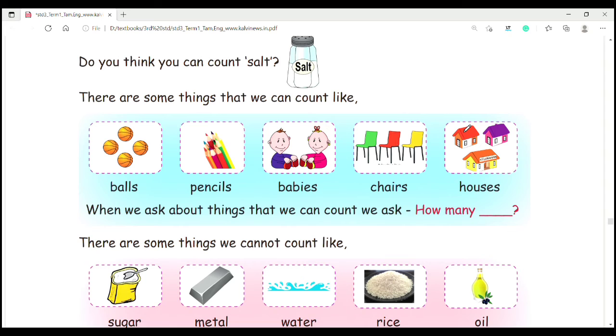First we can count balls, pencils, babies, chairs, houses. So இப்போ உங்ககிட்ட எவ்வளோ பால் இருக்கு அப்படின்றத நம்ம எப்படி இங்கிலீஷில் கேட்கணும்? How many balls do you have? How many pencils do you have? How many babies do you have? How many chairs do you have? Okay, ஸோ இந்த மாதிரி கவுண்ட் பண்ணக்கூடிய ஆப்ஜெக்ட்ஸ்லாம் இருக்கும் பார்த்தீங்களா, நிறைய வீடு அந்த மாதிரி. ஸோ இதெல்லாம் உங்களால் கவுண்ட் பண்ண முடியுமோ அதெல்லாம் ஃபார் தட் யூ ஷுட் யூஸ் ஹவு மெனி. ஓகே, புரியுதா?